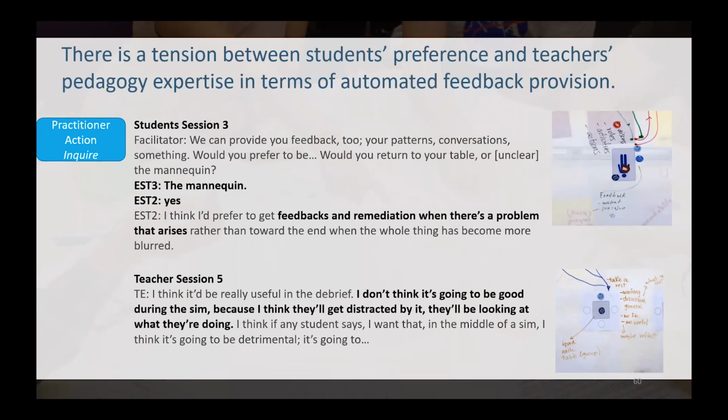Later, the teacher analyzed what the students said and realized it's not useful to get the feedback at the bedside because it's too much information. You get distracted from the demonstration. You've got to get this feedback at the end. We realized that learners are not actually experts in feedback. So you have to listen to the people who are experts in feedback, which in this case is the teacher. So we went with what the teacher said and implemented the tool at the end of the session.